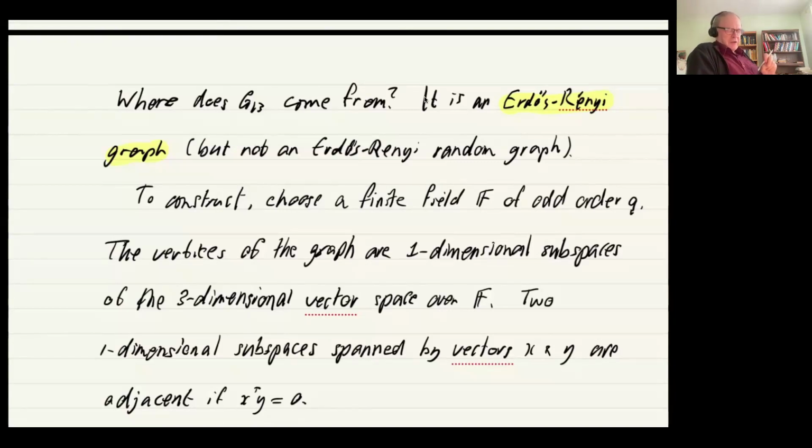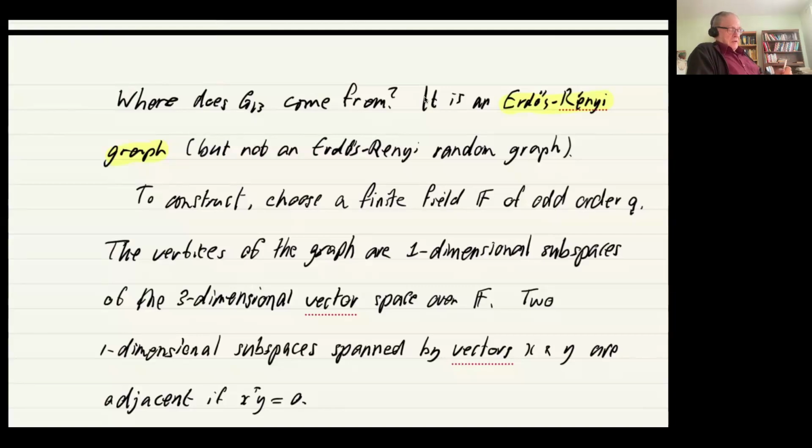Now, it is called the Erdős-Rényi graph. It's well known. It's got that name. But if you Google, you're going to pull up the stuff about the random graph, which is not what we're talking about. Okay, so the different graphs. Okay, now to construct it,